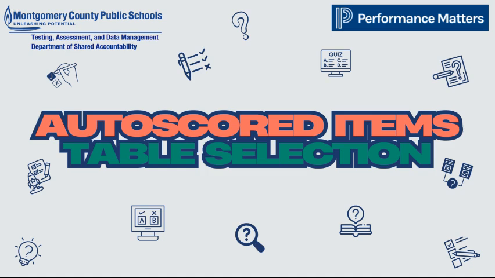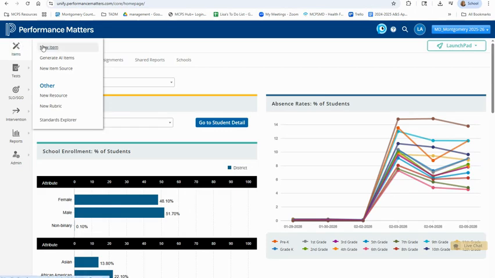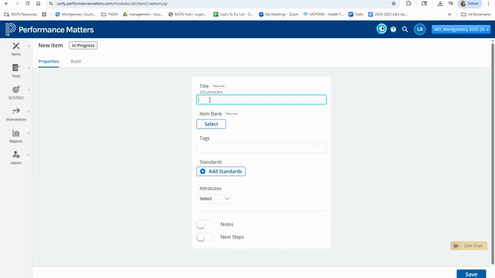In this video, you will learn how to create table selection items in Performance Matters. From your dashboard, click on Items and then New Item. Once the page loads, we will enter in the title,